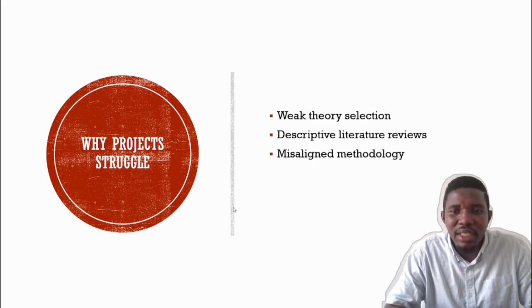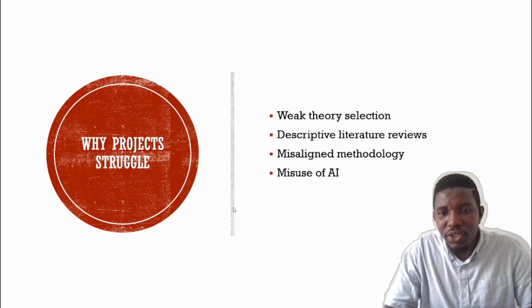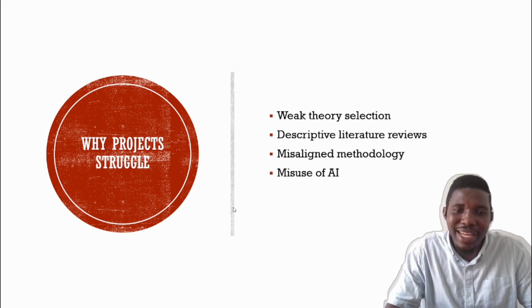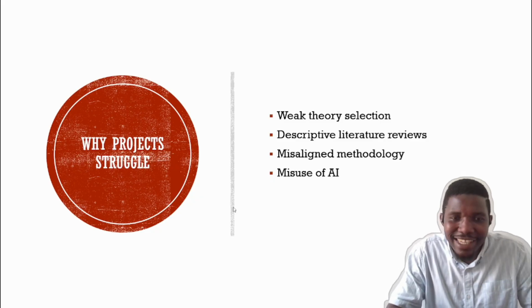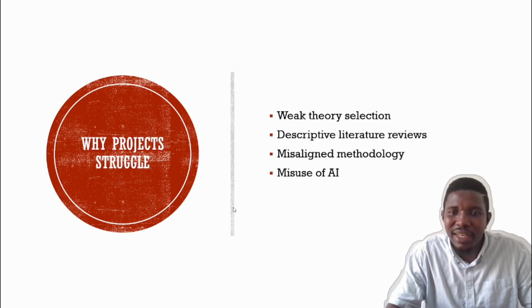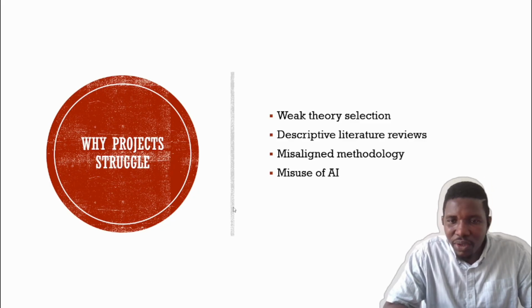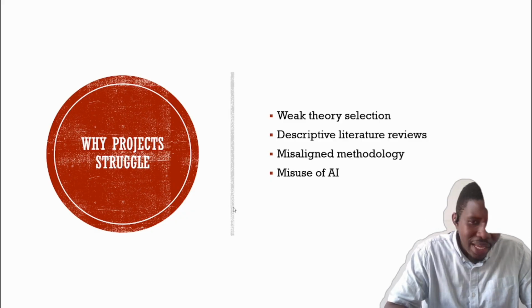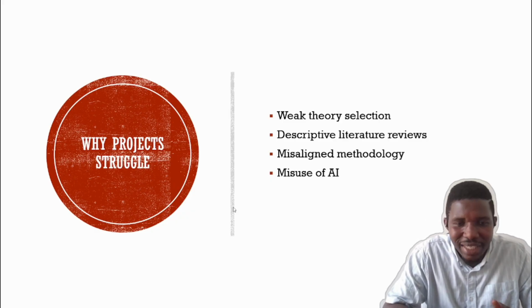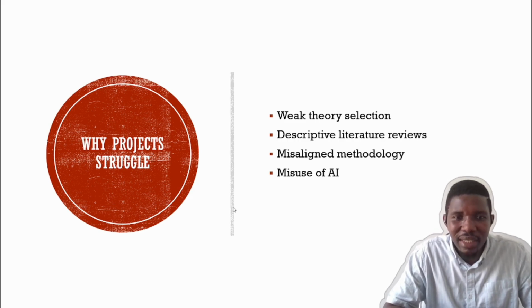And the fourth one is the misuse of artificial intelligence. In the age of artificial intelligence, people abuse artificial intelligence. I'll speak to that much later. Again, to recap, many students struggle with theory selection, and the most common issue includes selecting a theory not because it appears in many journals, not because it appears relevant, but because it fits the scope of your research, the concepts, the hypotheses, the ideas that are tailored for your research.